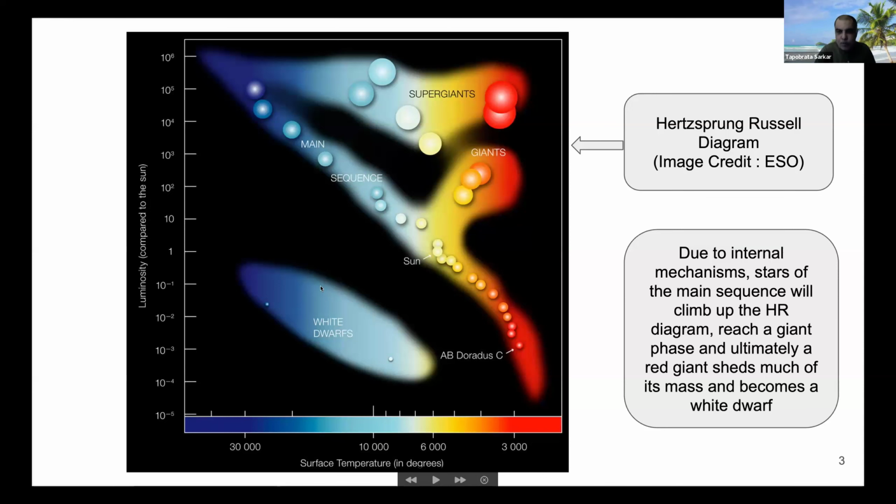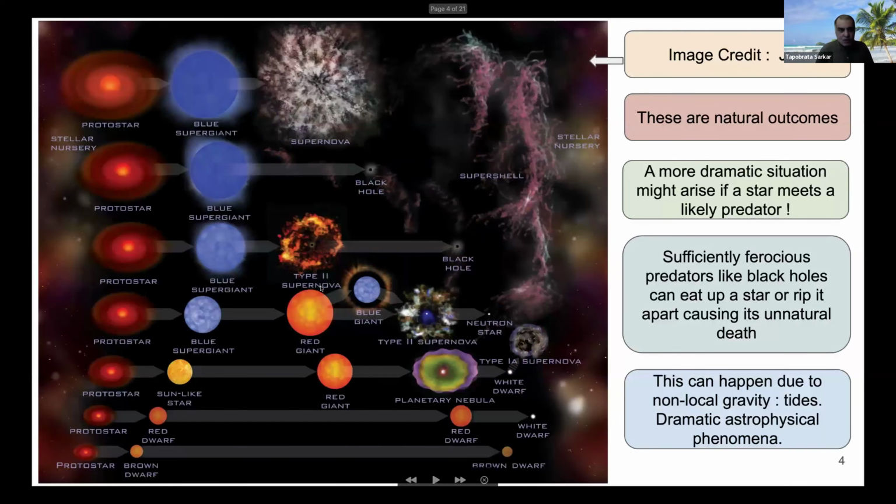Finally, one possible scenario in which a star will settle down is as a white dwarf, and of course we know that there is this very famous Chandrasekhar limit. So it can be a white dwarf, it can be a neutron star, or if the star is sufficiently massive, it can turn into a black hole. All these types of things are possible. This shows some of the known processes by which the star will reach its end.